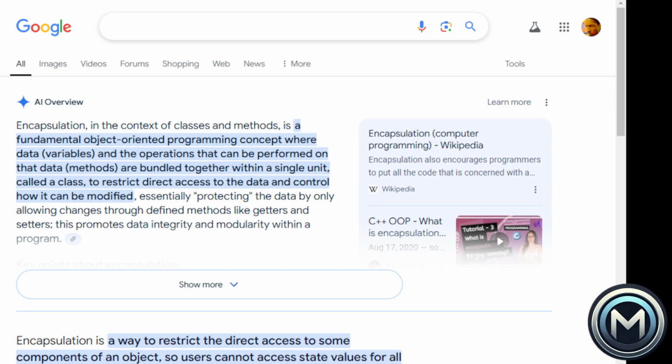This is called classes. Within those classes, we have functions. I added that part just so you can understand: to restrict direct access to the data and control how it can be modified. Now, that's a lot of stuff said, but to put this simply,